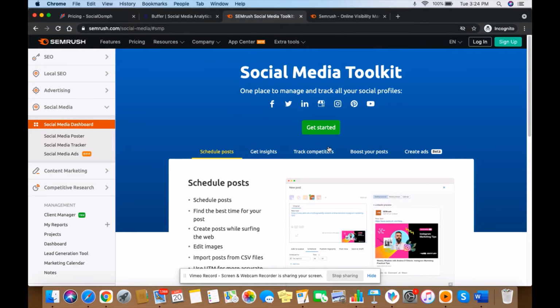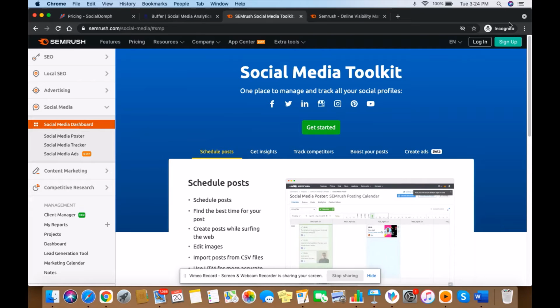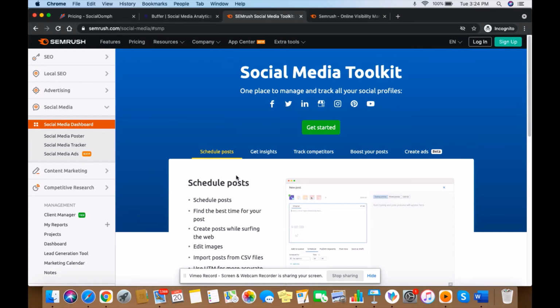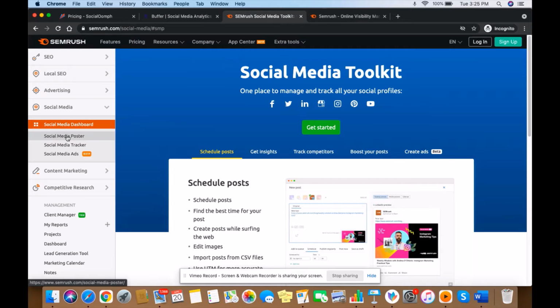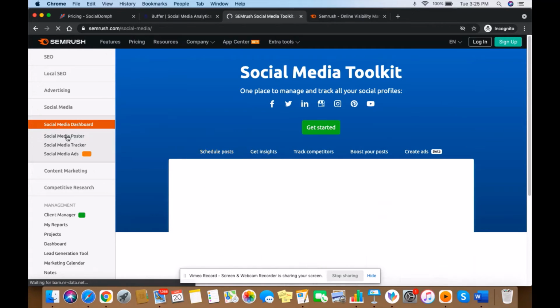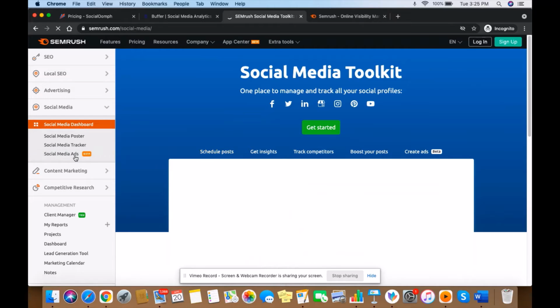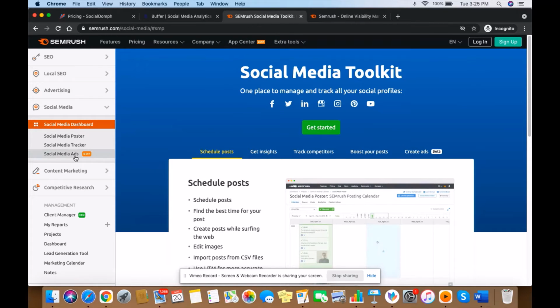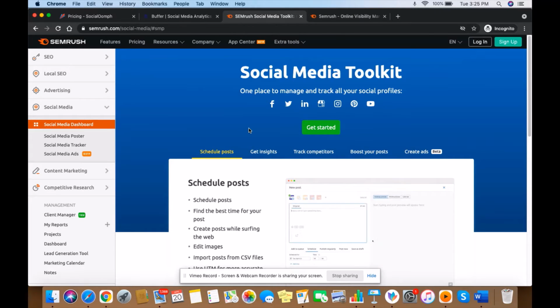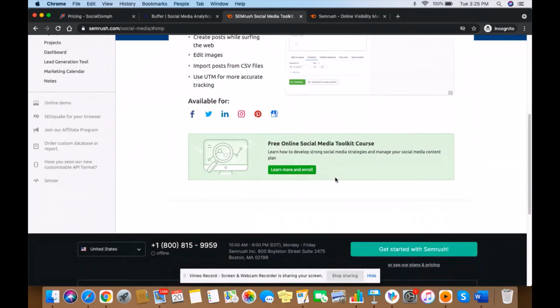So you just have to create a project, and once you create a project, you will be able to see a dashboard, something like this, where you will be able to schedule all your social media posts. You will be able to see something called the social media dashboard, where you can schedule your posters and track them. Suppose you're running a social media campaign for your business, you can connect your Facebook ad manager account directly over here. So for all the analytics, you can directly log in to your SEMrush account and see. So this is how it works.